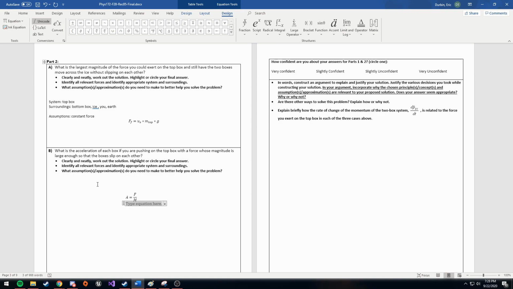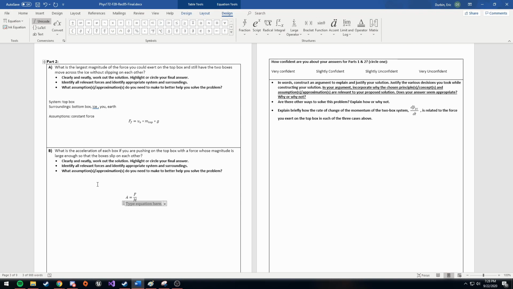The accelerations are going to be different because the top box is going to be accelerating a lot faster than the bottom box, because the bottom box only has the kinetic friction force applied to it, right? And kinetic friction. Oh wait, no, they both have the kinetic friction. I think they're the same. I think you were right, the accelerations are the same.